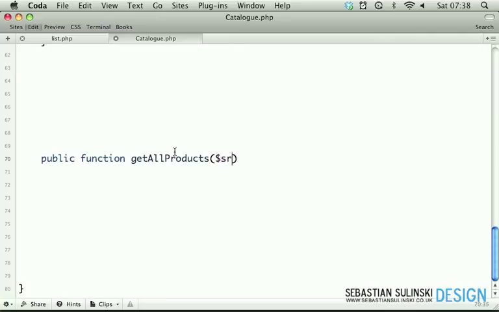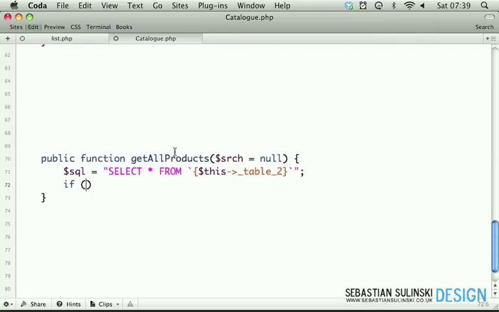We pass one parameter, which is srch, which by default will be null. Now SQL statement equals select all from this underscore table underscore 2. And now we close the statement here with the semicolon right at the end, and now we check if not empty